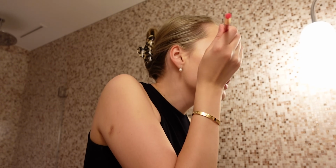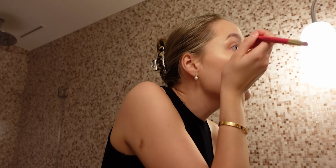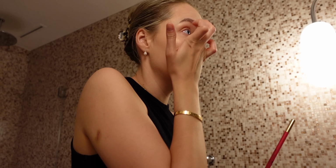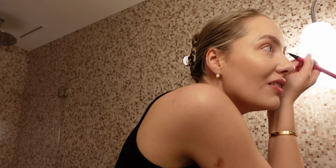You've got everything basically. I love how fine this is. You can just fill out your brows. I use the brown one for when I've got my brows darker, and then the top one when I haven't had my brows dyed. Ooh, love it. There we go. I don't want to go too much because the whole look is a bit more on the softer side. You can tell one eyebrow is more defined, but it doesn't look overdrawn. And I've got a few missing eyebrows here on the left side, so I always love filling that in